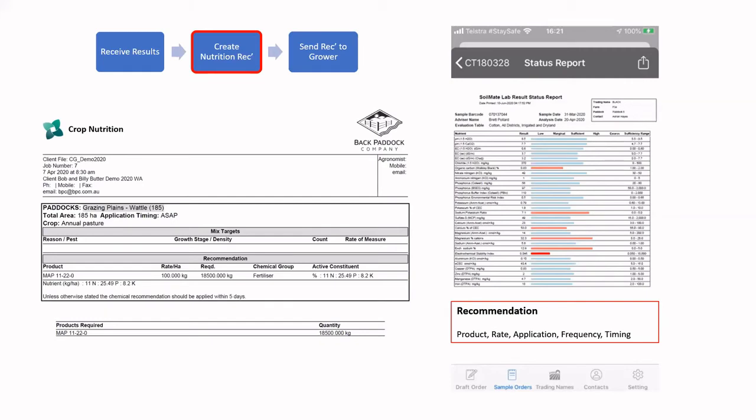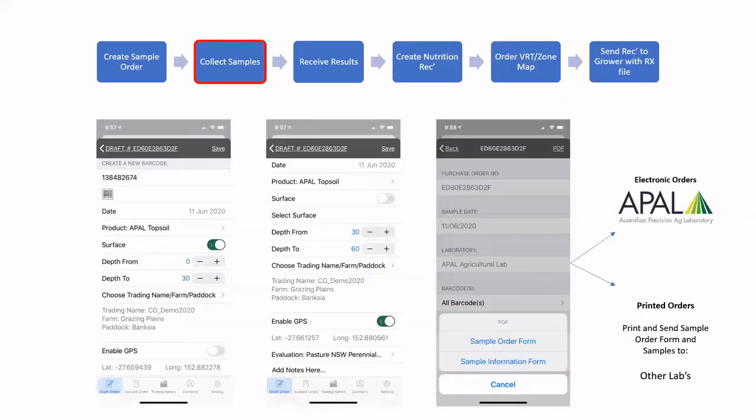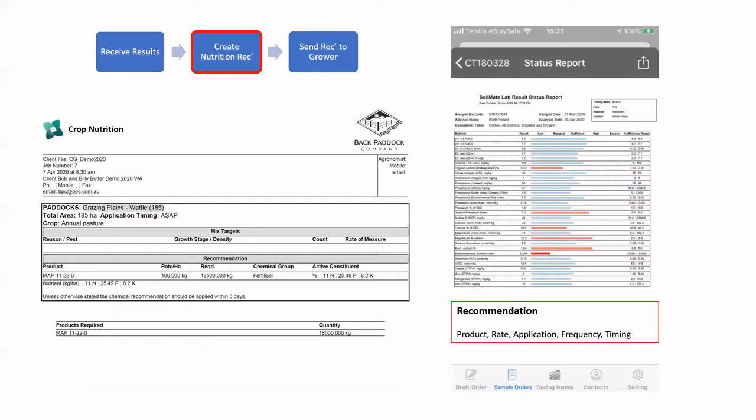is that Mel didn't show it in her order that she created, but there was a section there, I'll just go back a step, to be able to choose the evaluation table. So you can see there in the middle one, I've selected that for the APAL lab and it's a pass-through evaluation. So by doing that, and it's an important step,